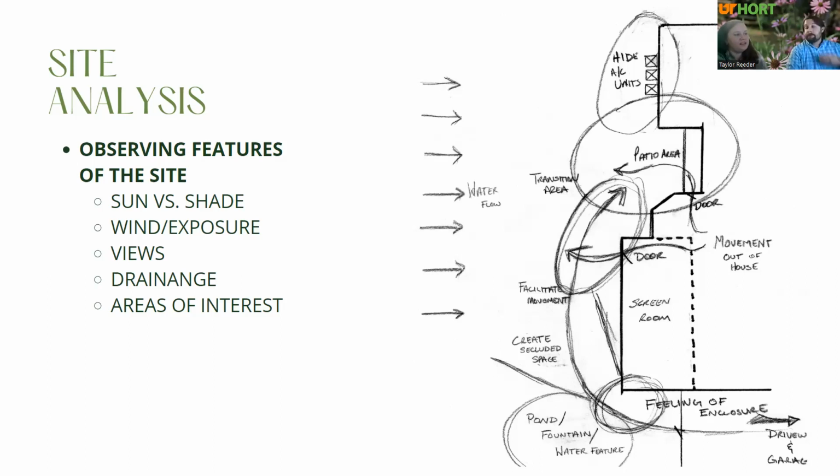Yeah, and with site analysis, I always like to think of it as this is where we're planning for that right plant, right place. So if we're thinking at it from a horticulture aspect, this is where we are like, hey, this is a drainage issue. I'm not putting any euonymus there because I know that's the problem for them. Or this is an area I want to block, so I'm looking at evergreen plants eventually. Now I'm not picking out specific evergreen, but I know I'm going to need something that's going to block it, whether it's a structure or a plant. So this is